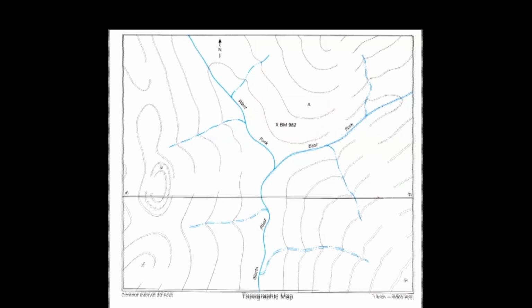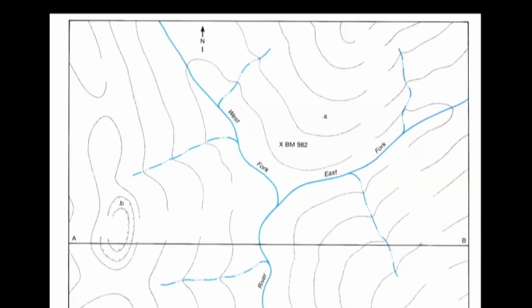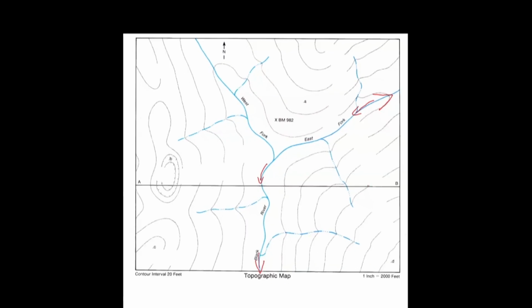We know a couple of things about the map though. We can see that several little streams flow across the map, and we know because of the V shape of these contour lines where they cross the stream that the streams are flowing generally in a southerly direction, and so this must be downstream and therefore downhill at a lower elevation. Another thing that we see in the margin of the map is a contour interval of the map. So each one of these lines represents a vertical elevation change of 20 feet.